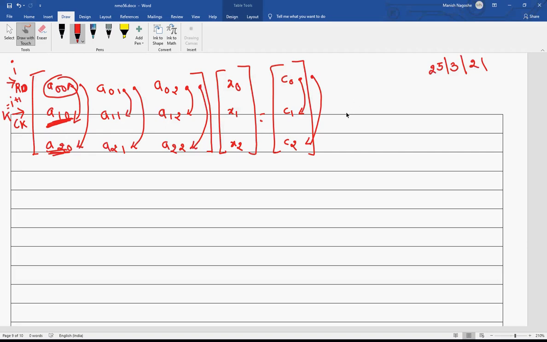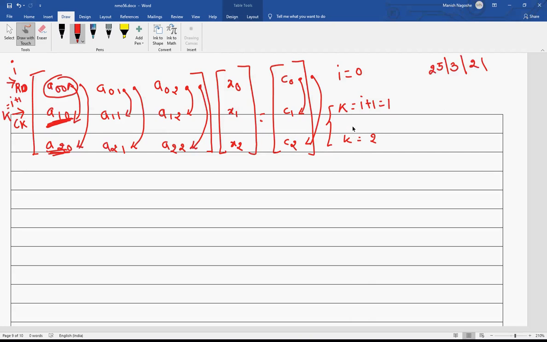So what I can see in this case is that initially my reference row i will always be 0, and then I am going to vary the value of k, which will be equal to i plus 1, initially 1, and then finally k is going to become 2. So my operating row will go from 1 to 2. This is what we are going to do. For this, we will start writing the same logic as we have already written.